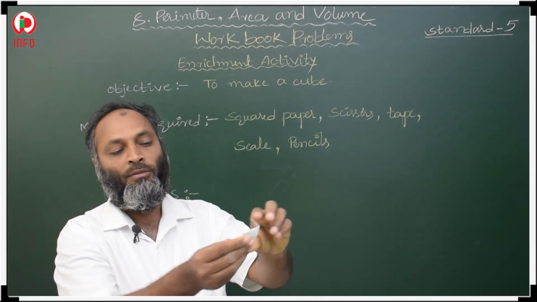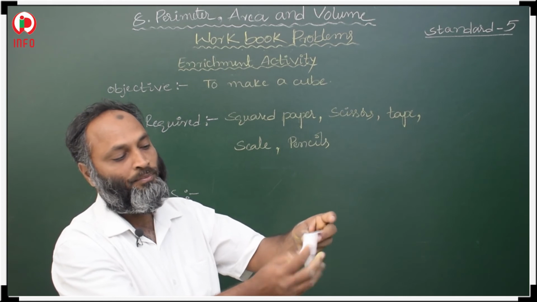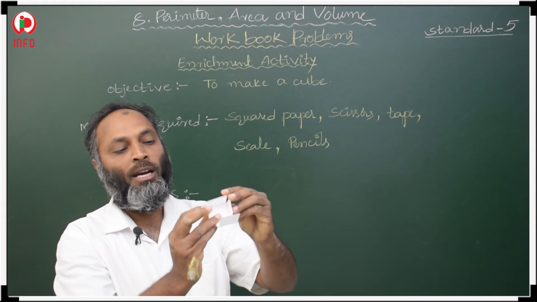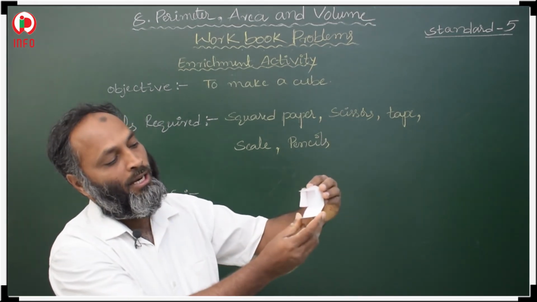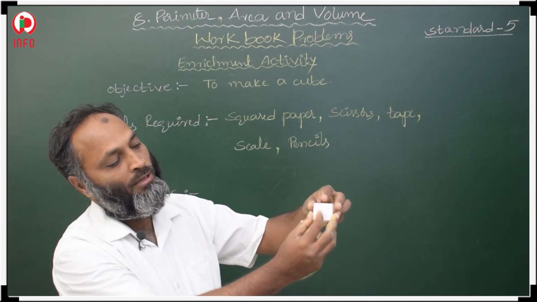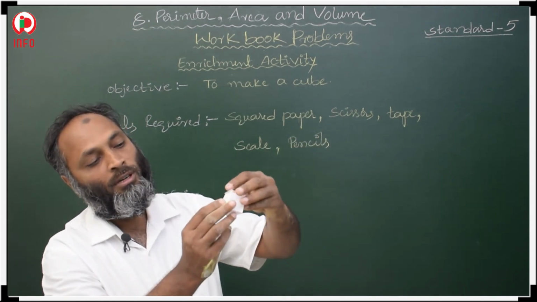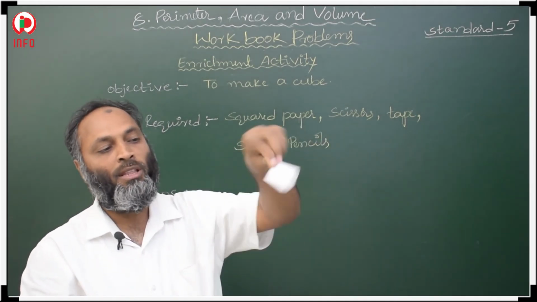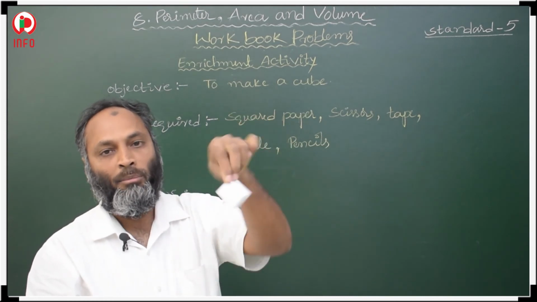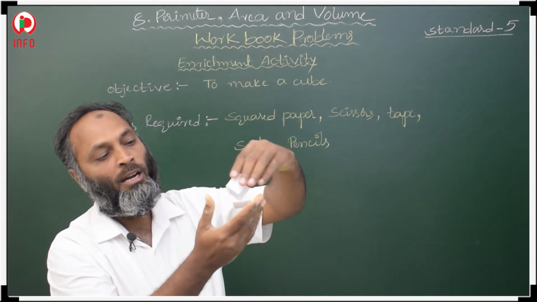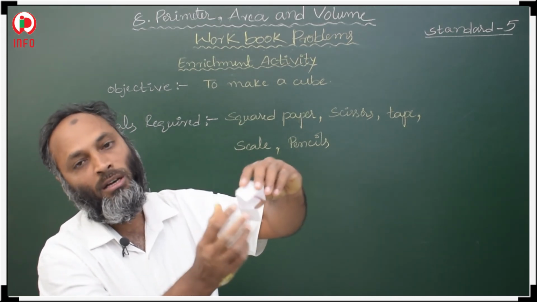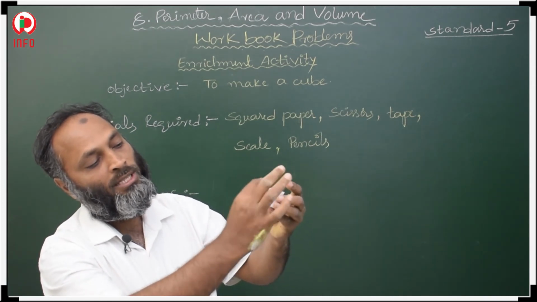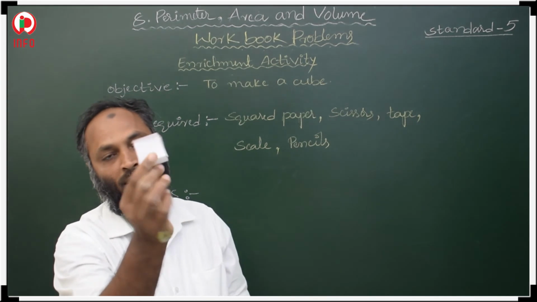After folding, open your square paper. Now you fold the first top one and these two like this, and after that close this one and close this one. We prepare a cube. So it is possible to make a cube using that pattern. Using the pattern we can prepare a cube like this. And after that using tape, close all the corners, all the edges. Using your tape, close these edges, and then we have formed this cube.